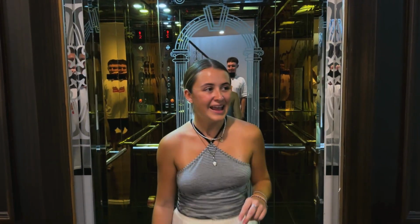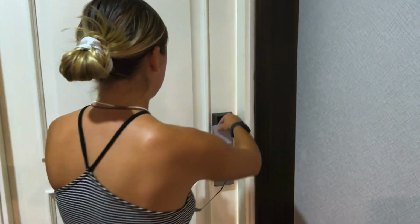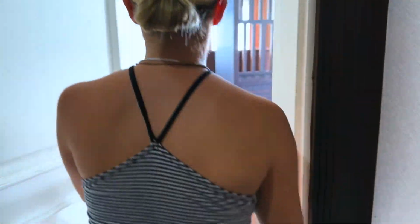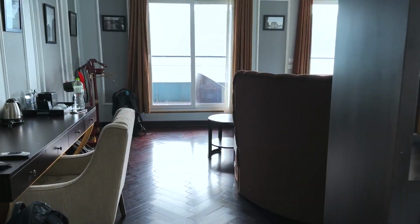Okay, so now we're going to show you our room. We've already seen our room. Yeah, so the room's the only thing that we have seen, and obviously the reception, but we haven't seen upstairs or anything like that, so that's going to all be literally raw. So, welcome to the humble abode. So, as you come in...